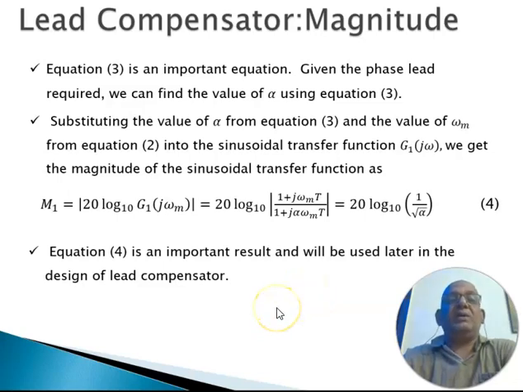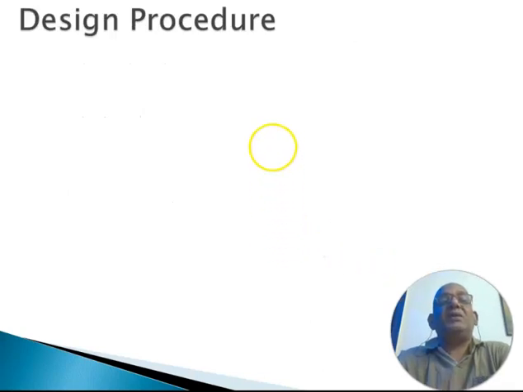We'll come back to it at some point. Having seen all those equations necessary for computing the maximum phase angle that a lead network can add, and also the gain at the frequency where maximum lead angle is given,